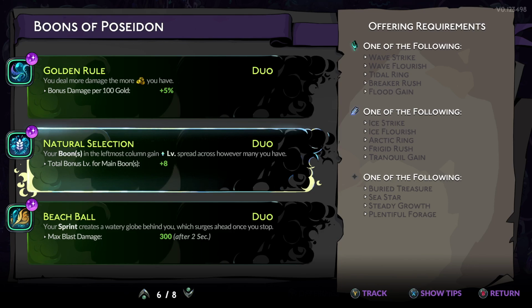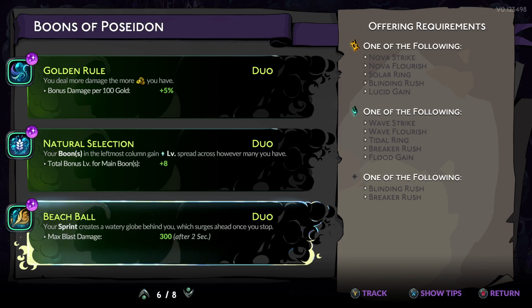So yeah, you just Beach Ball. If you're going the route of Apollo with him, then yeah, you just want to go Breaker Rush. And the rest of the boons there, whatever you end up taking from the other stuff. Solar Ring plus like Wave Flourish is not a bad combination. Or Solar Ring plus Flood Gain. Tidal Ring plus Flood Gain. Hopefully that doesn't work. But you know what I mean. Just whatever you get